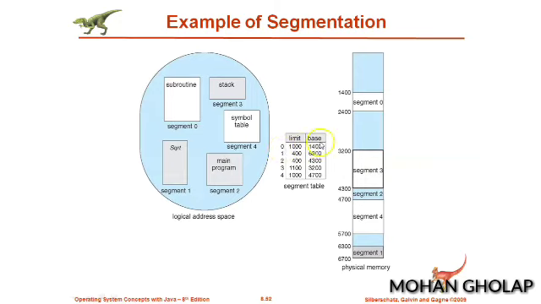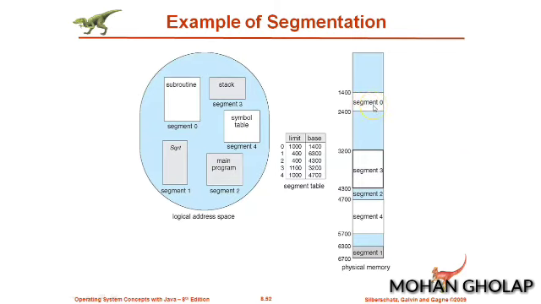For segment 0 the base is 1400, meaning in the physical memory the starting address for segment 0 is 1400, and the limit indicates the range, meaning starting from this address till what address this particular segment is occupied. Here the limit is 1000, meaning starting from 1400 the next 1000, that is 1400 to 2400, is occupied